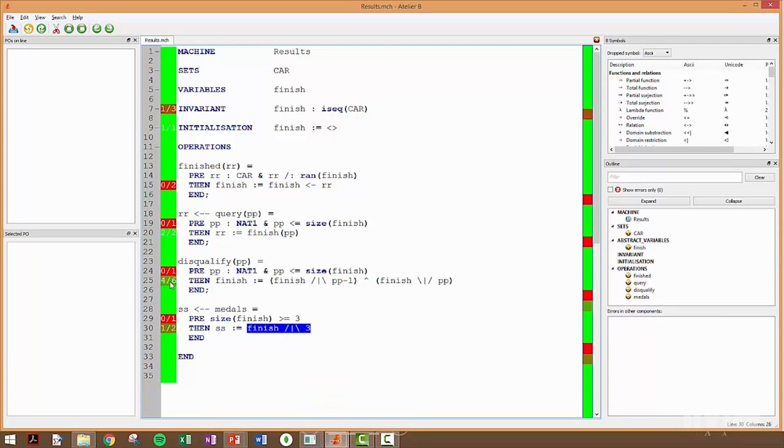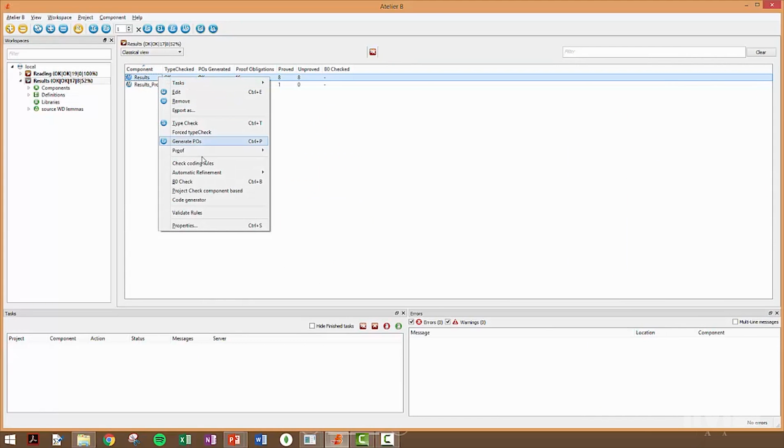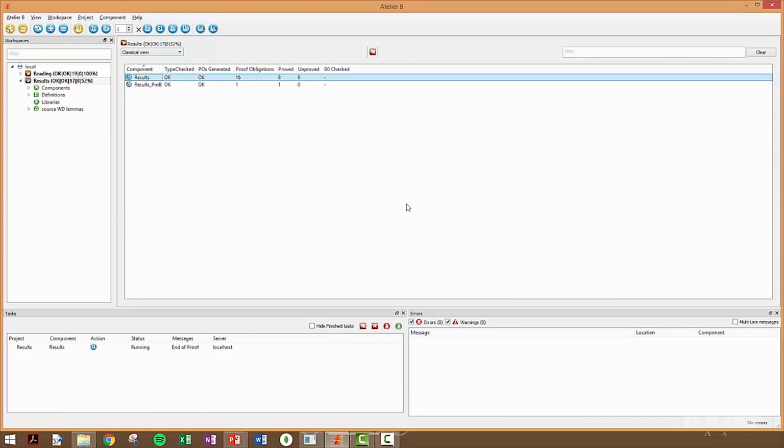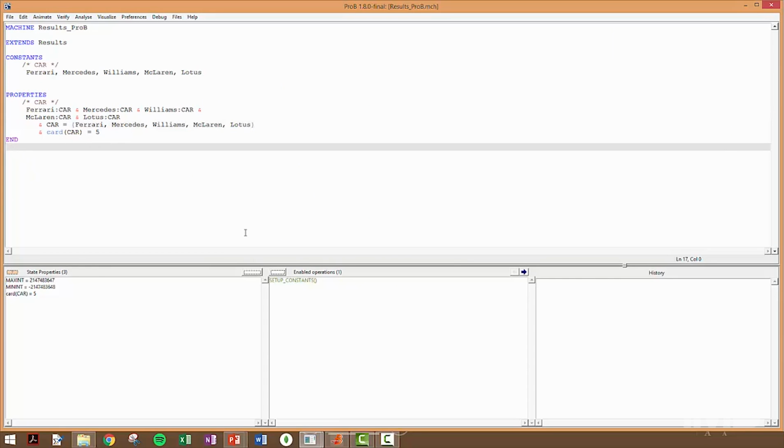As we can see, in this case, not all proof obligations were automatically discharged by Prob. Even if we use the prover of Atelier B, we still have proof obligations that have not been discharged. Proof obligations are a subject of another lecture in this course, and we'll deal with these proof obligations later on. So let us now animate